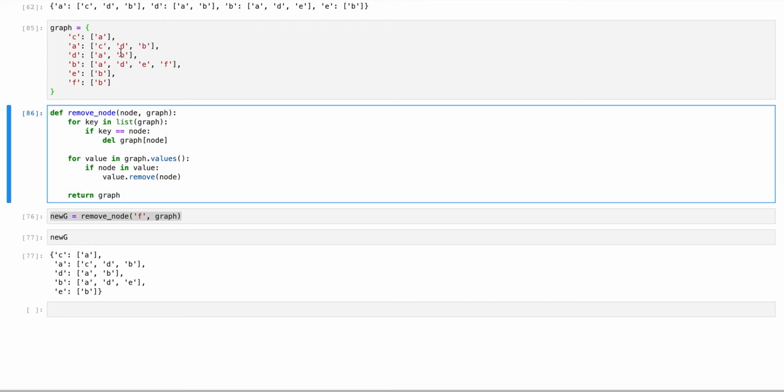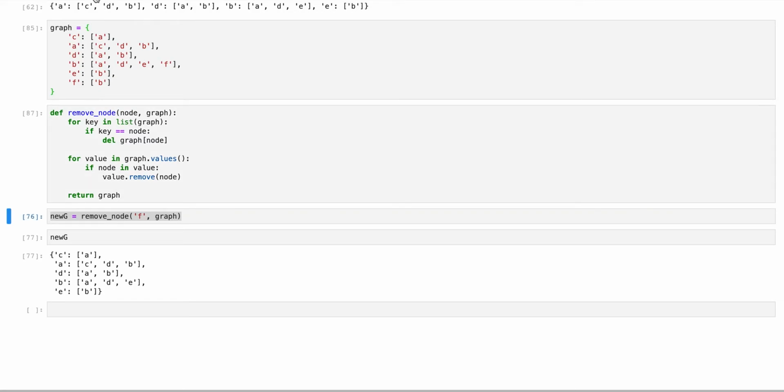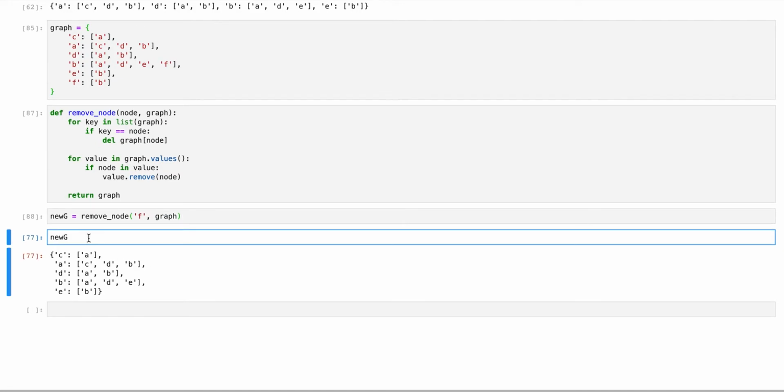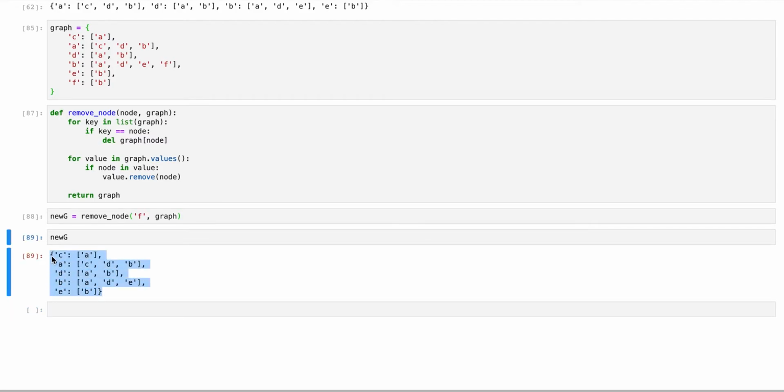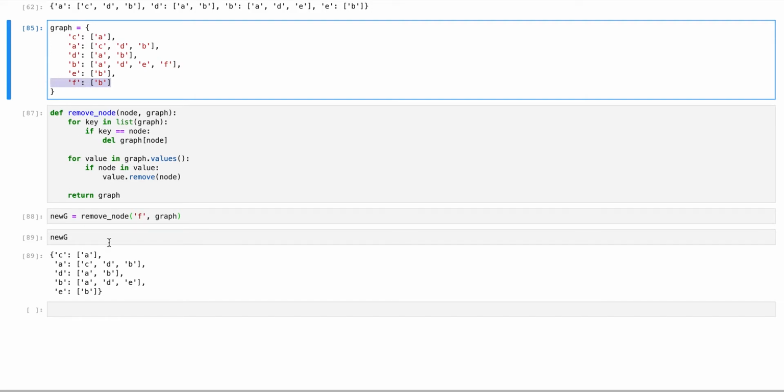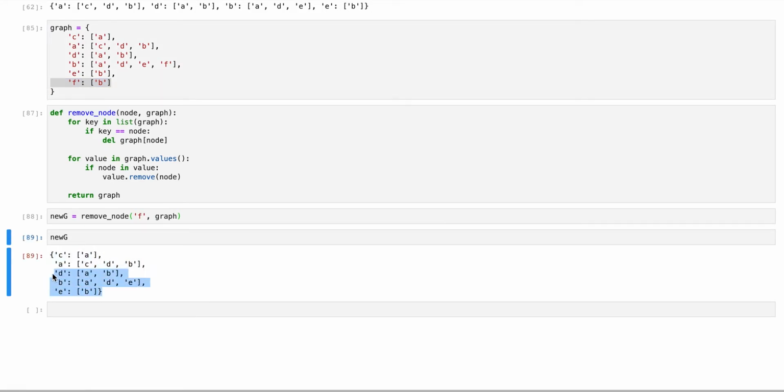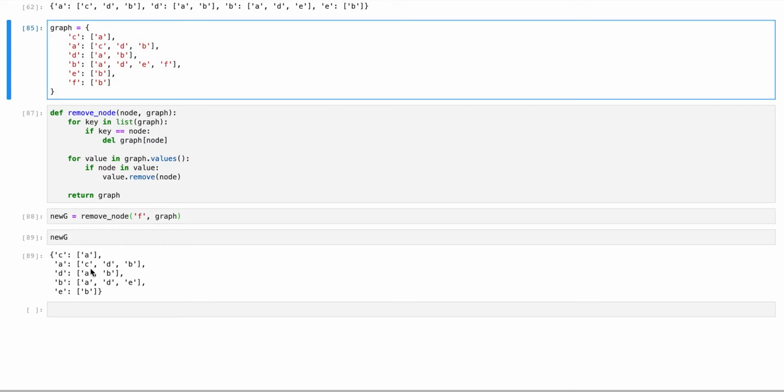Let me run it one more time with the new addition here, converting the Python dictionary into a list. So I'm going to run this one more time, and then I'm going to remove here. So it's been removed. Now I would like to see if the dictionary here has the F, and clearly here it doesn't have it in a key. How many do we have here? Right now we only have 5 keys, and the keys don't include the node F,